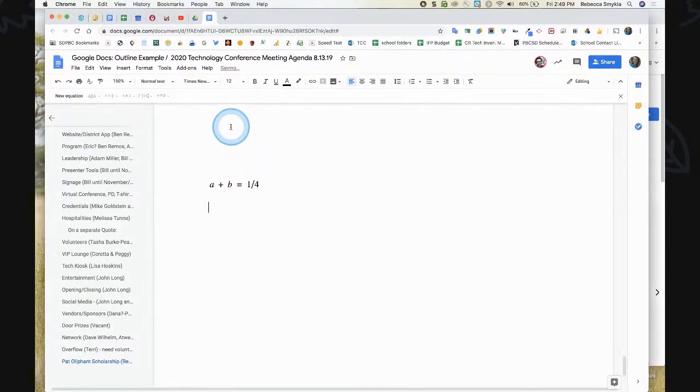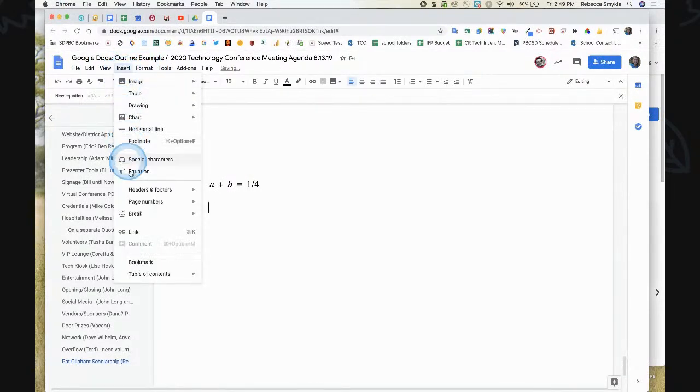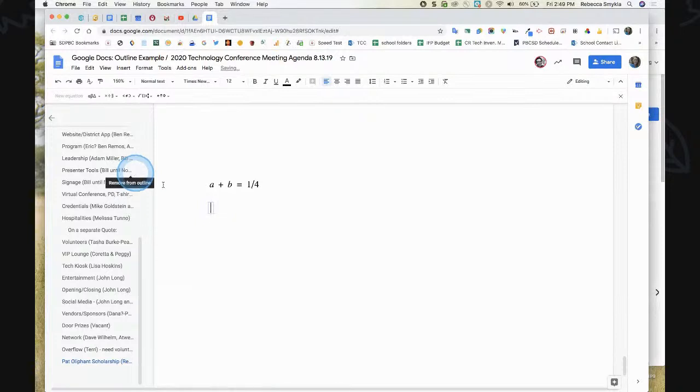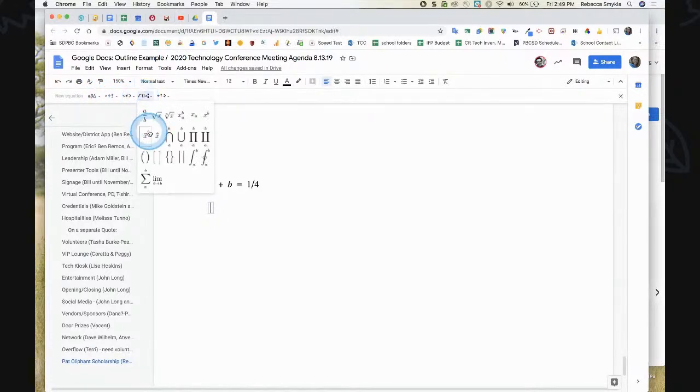And you can do all kinds of fun stuff with that if you are a math person. Notice up here, there are my different types of equations, relations. So I could do math operations. I could put in all of these things I don't know how to do, and that would totally embarrass me right now. But I could do,